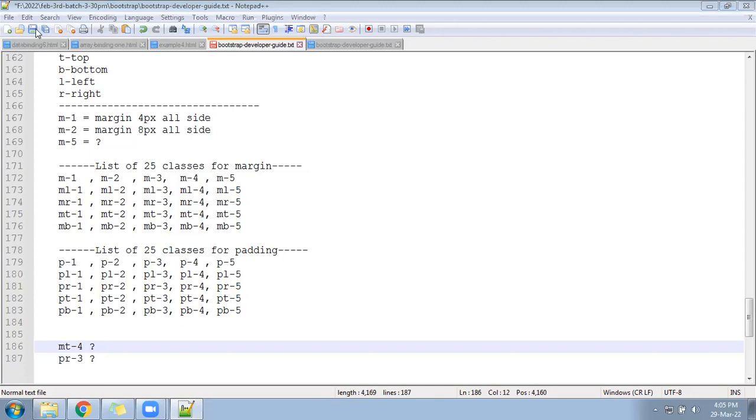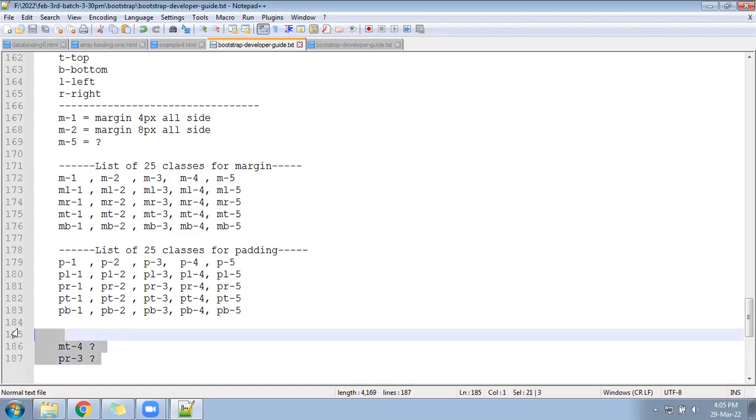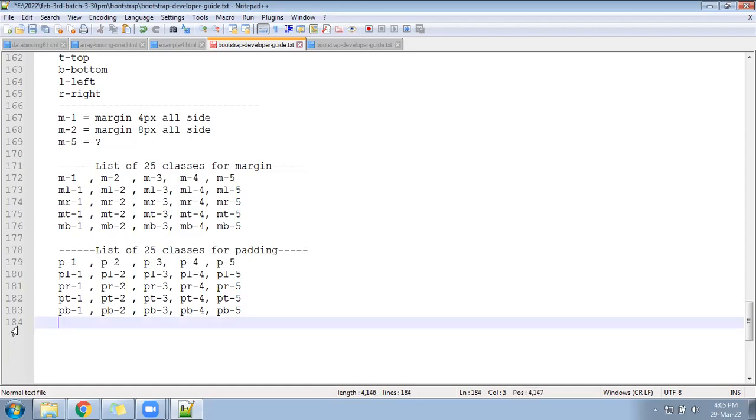All CSS exists. All the classes already exist. Let us implement now.